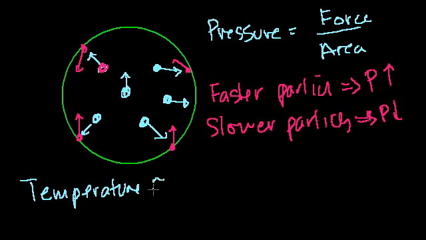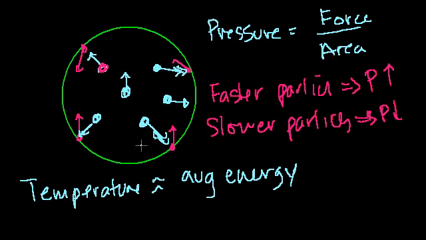So I'll put a little squiggly line because there's a lot of ways to think about it, but average energy, mostly kinetic energy, right? Because these particles are moving and bouncing. The higher the temperature, the faster that these particles move, and the more that they're going to bounce into the side of the container. But temperature is average energy. It tells us energy